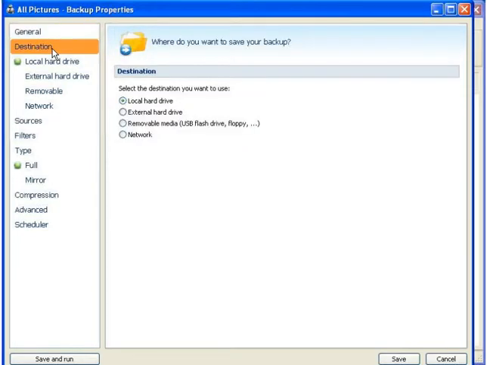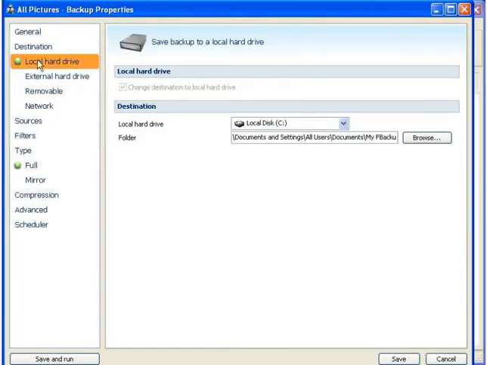The next option is the destination. Where do you want to save your backups to? This may vary depending on your particular environment, whether you have an external hard drive or you have a USB or flash drive plugged into the computer. For myself, I have multiple local hard drives in my computer. So I select this option, then go into the options here and choose the location that I want to save